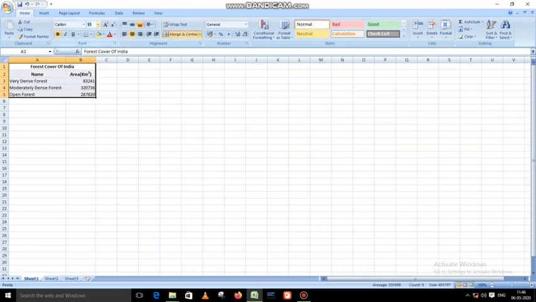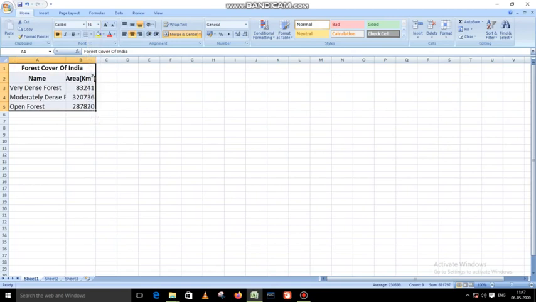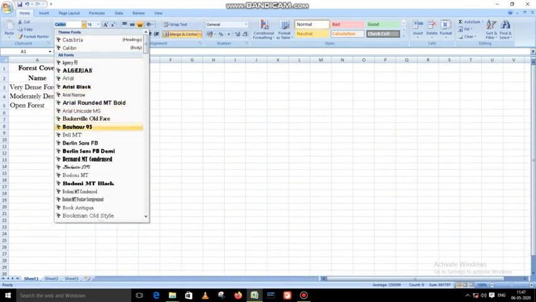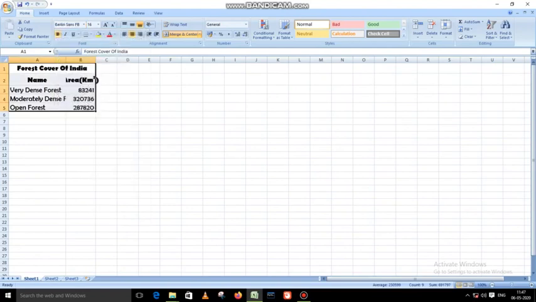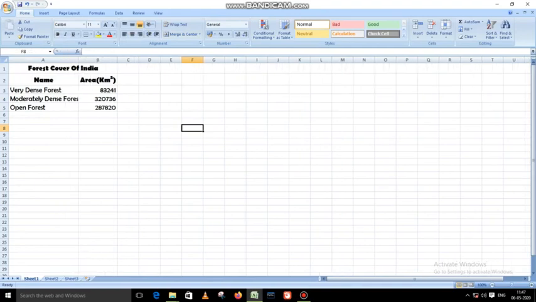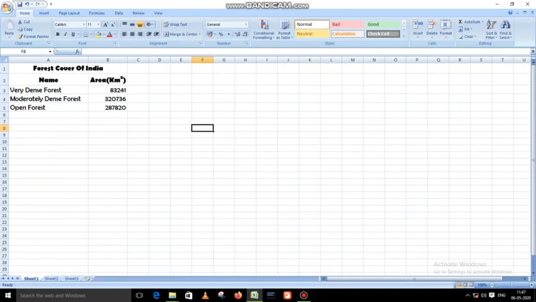Now select the entire table and then you can increase the font size. See, I have increased the font size. I made it 16. Select the entire table, then click on size and increase the size. Similarly, select the table and change the font face also. Suppose I have changed it to Berlin Sans. Now the font face has been changed. Select it and click on the respective color, size or face, whatever you want. I have also further increased the width of this column.